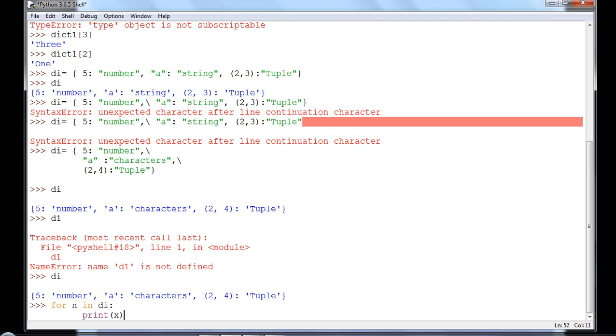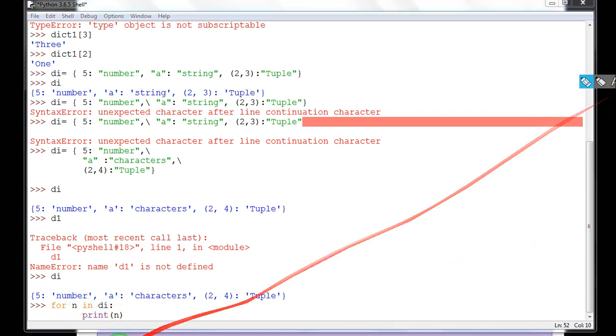Now the loop variable n will be assigned the keys of the dictionary one by one, which you can use inside the body of the loop. Now this n will contain the keys of the dictionary, and then you can use them inside the body.